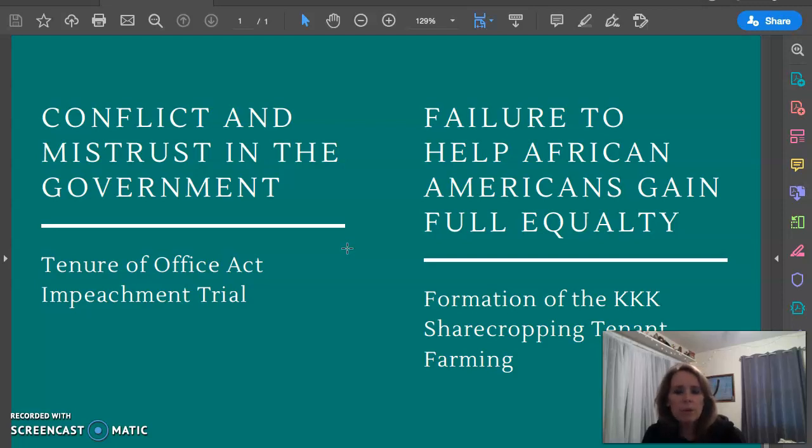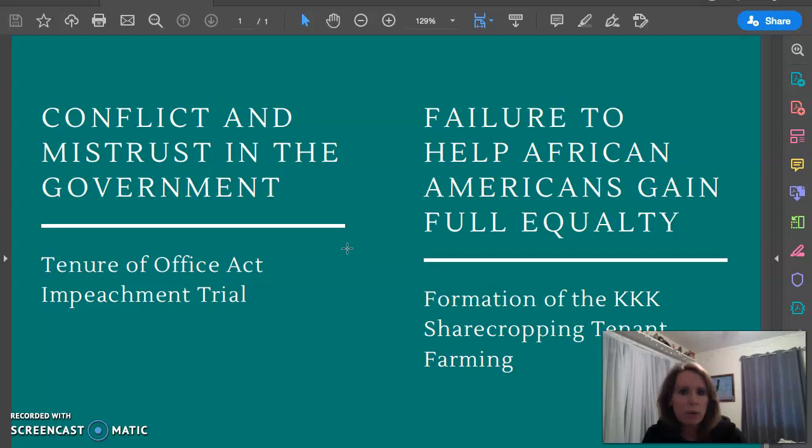And so President Johnson, he didn't really get along very well with the Secretary of War, Henry Stanton. And so after several disagreements, Andrew Johnson fired Henry Stanton, the Secretary of War, and this led to an impeachment trial in which the Congress brought charges against Andrew Johnson, several charges. I think there were like 11 articles of impeachment, might have been 14, and you're going to do a little activity on this later, so you'll be able to check me on that.